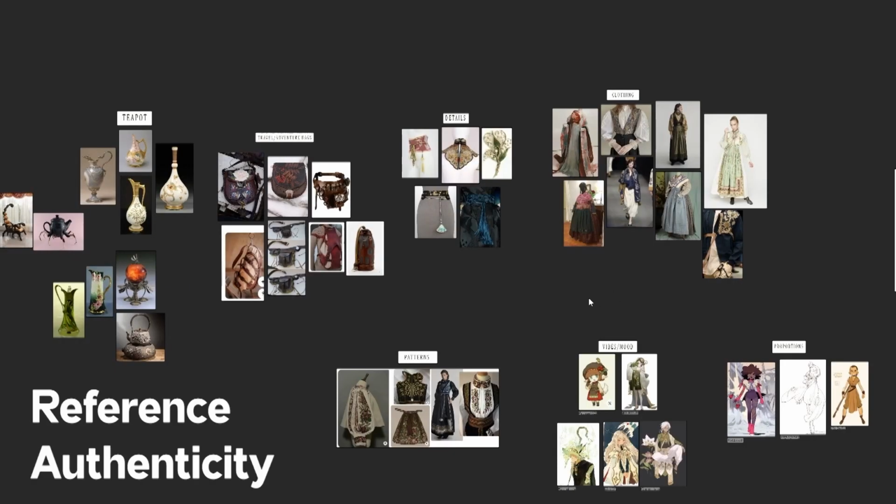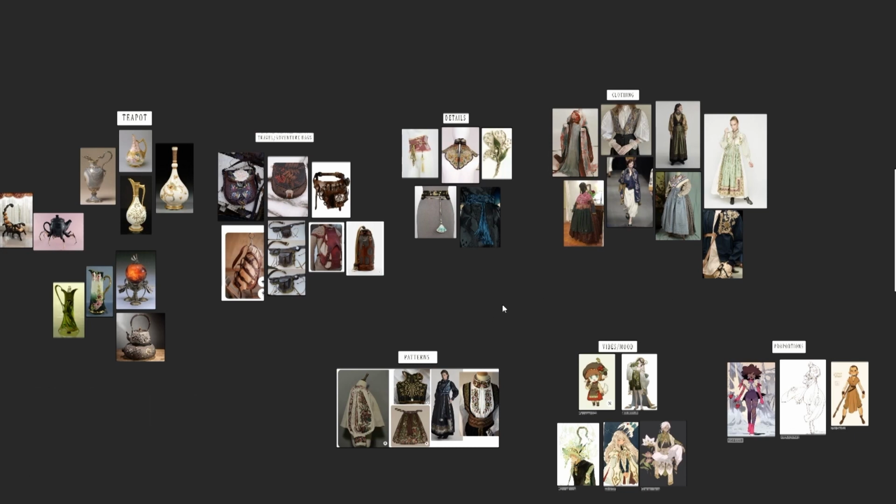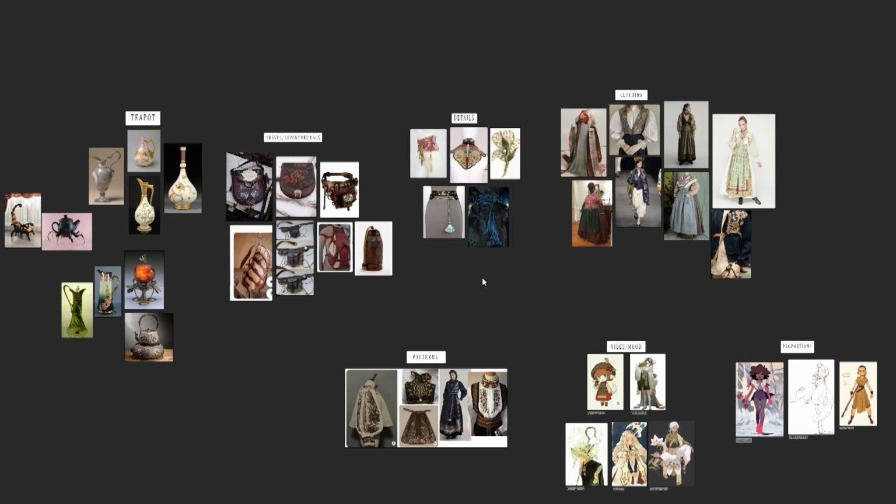I wanted to make a quick note about the reference gathering in general. Right now, I'm not necessarily trying to use any specific culture or religion as a basis. All of these references here are purely chosen for what could fit the theme based on shapes, materials, and color, without a connection to something existing in the real world. However, if you do decide to base a character within a specific culture, you might want to expand your board and your research to a deeper dive into it so you can represent this culture as accurately as possible. All right, now that we're done with the reference gathering, we can hop on designing.